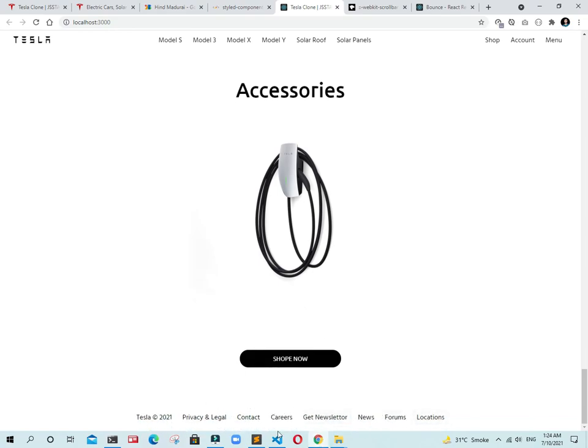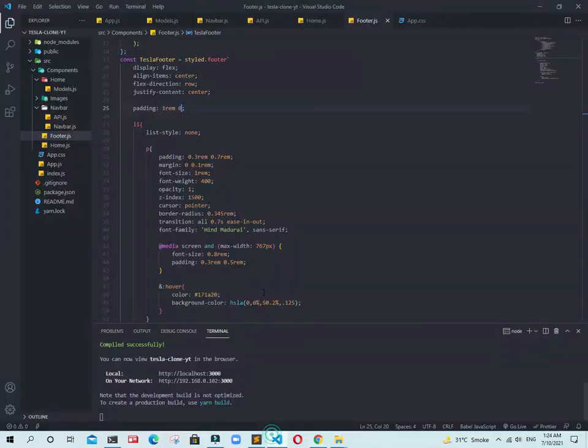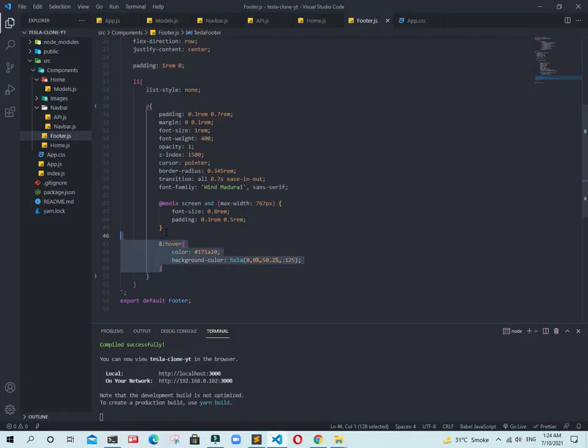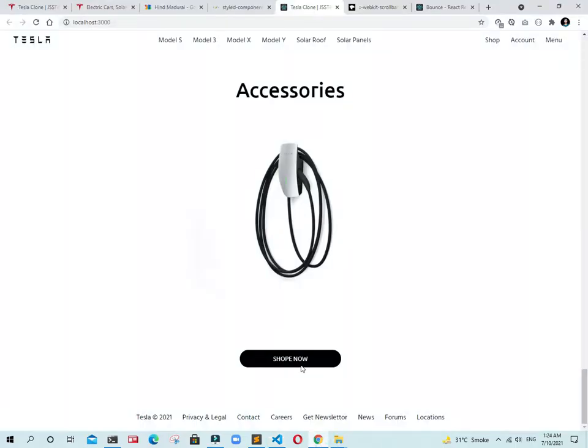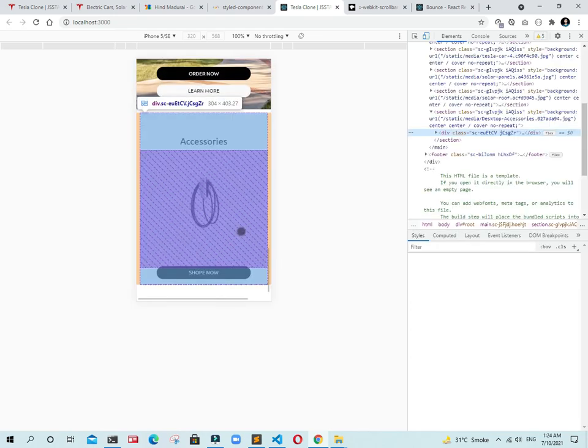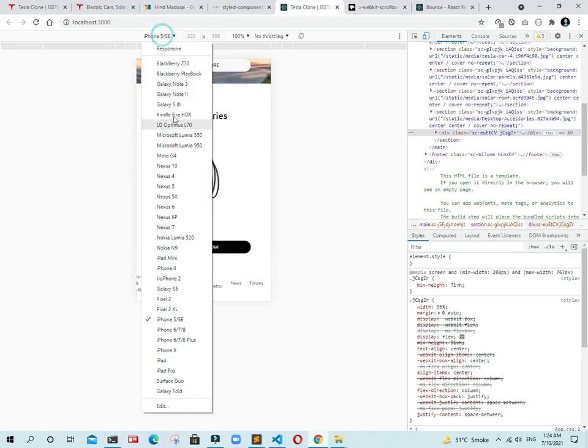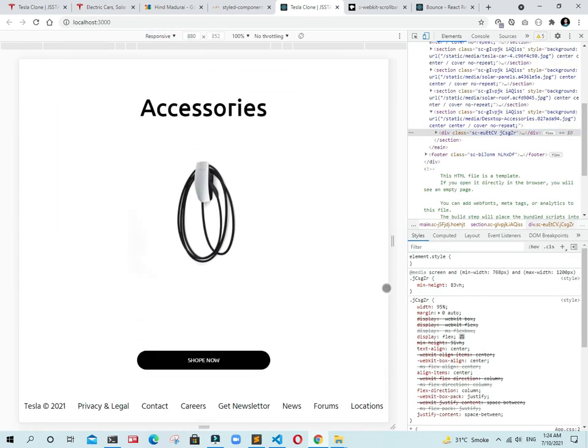Guys, how cool that we do not need to add the hovering effect, and this time I am using 6.5. Now when I go to a smaller screen it should be very responsive, but it's not responsive.